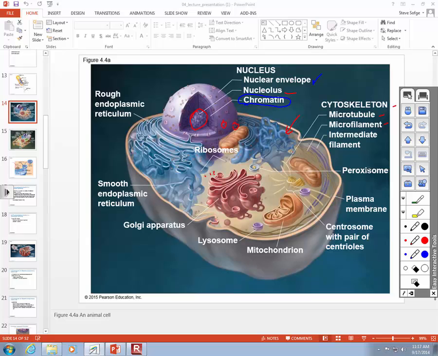So the smooth endoplasmic reticulum, which is, again, right here, smooth ER, what we're doing is, for example, forming, making, producing fatty compounds, lipids, like phospholipids,